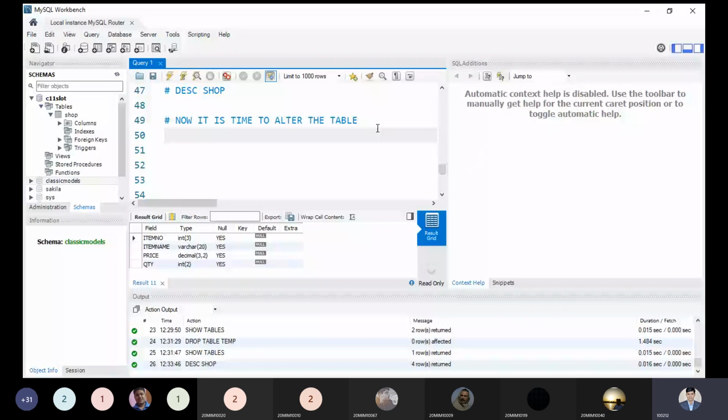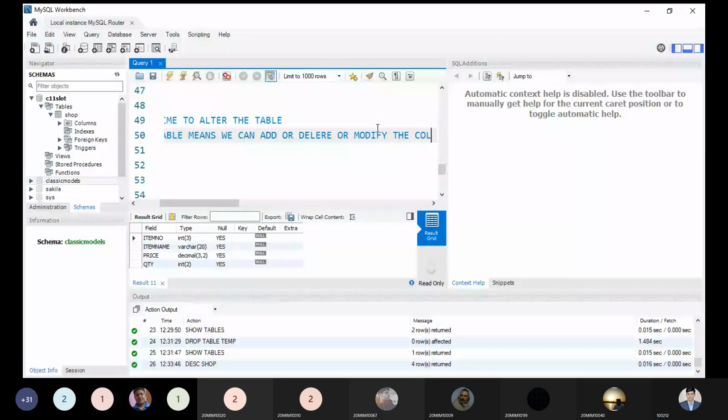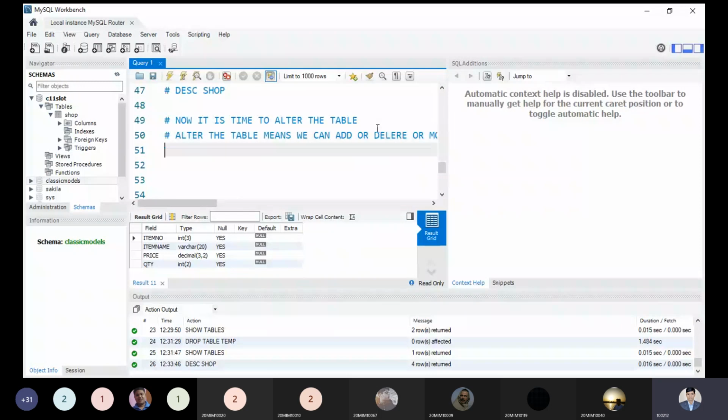Alteration means we can add, or delete, or modify a column. Altering the table can be done on the column because we are updating the table by changing its size, adding or removing columns.